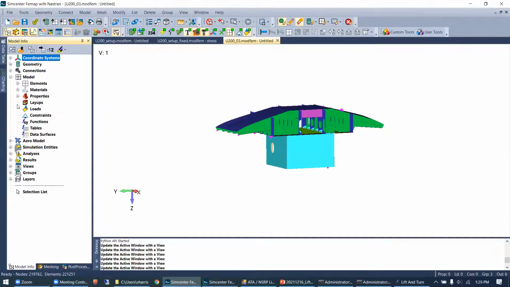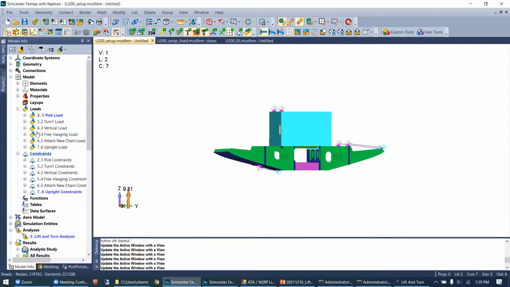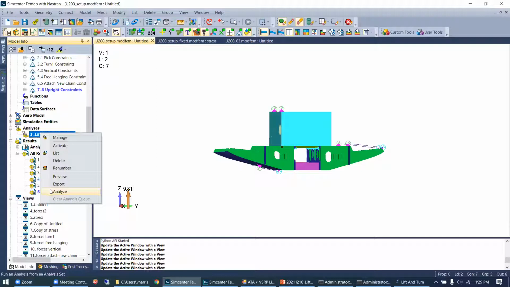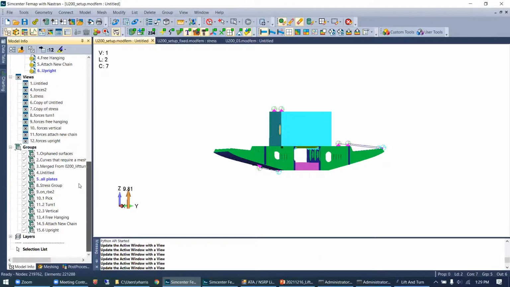where I now have all of my loads and boundary conditions set up, but not in this model. Let's see. All right, so here are my loads and constraints for this. This is all done again by the Femap API based on the definitions we put into our GUI. So I've got a gravity vector defined for each of the lifting steps. I've got constraints defined for each of the lifting steps. I have a simulation. I've got an analysis ready to go. I can just right click and hit solve or analyze whenever I'm ready. And I also have some groups that show me the additional stuff that got created with the lift and turn